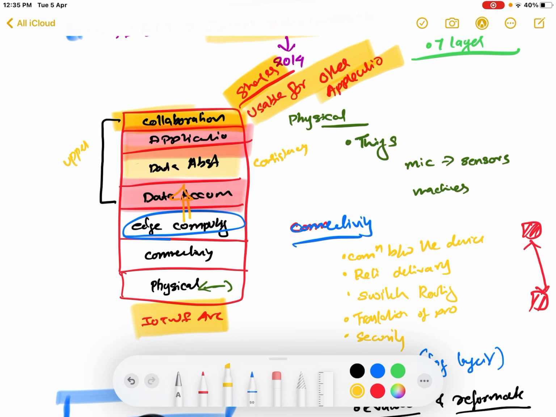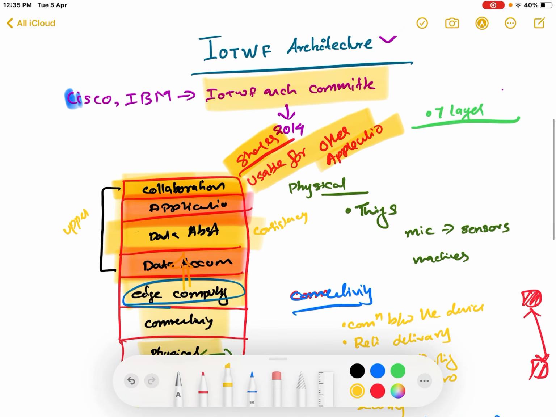So this is the IoTWF architecture. It was developed by the IoTWF architectural committee. It is a 7-layer architecture, consisting of the physical layer, that consists of the things, and then there is a connectivity layer that actually connects the objects, an edge computing layer, a data accumulation layer, data abstraction layer,